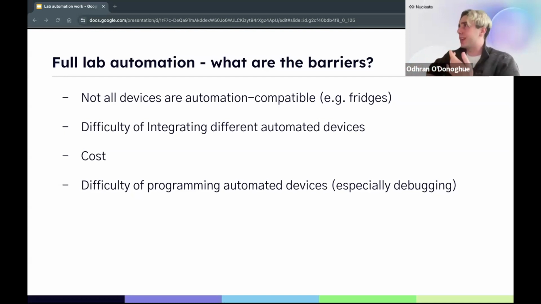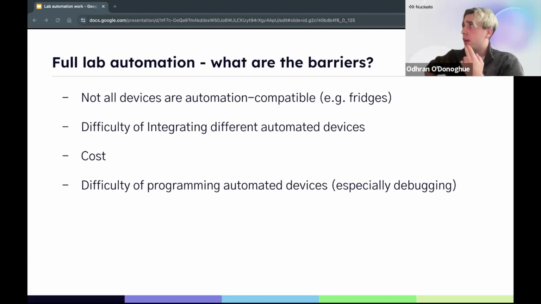Another thing, of course, is cost. A lot of lab automation equipment is expensive. An Opentrons itself is around $15,000. Based on the science you want to do, that may be a drop in the ocean, but for other scientists, if you're trying to automate the whole lab, that's a very big investment, especially if you're doing just one type of experiment, which you may only be doing for a few months as part of iterative testing in a PhD.